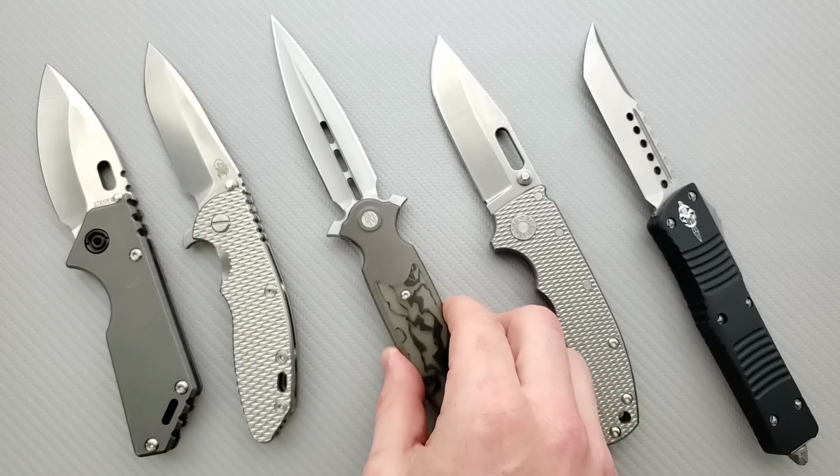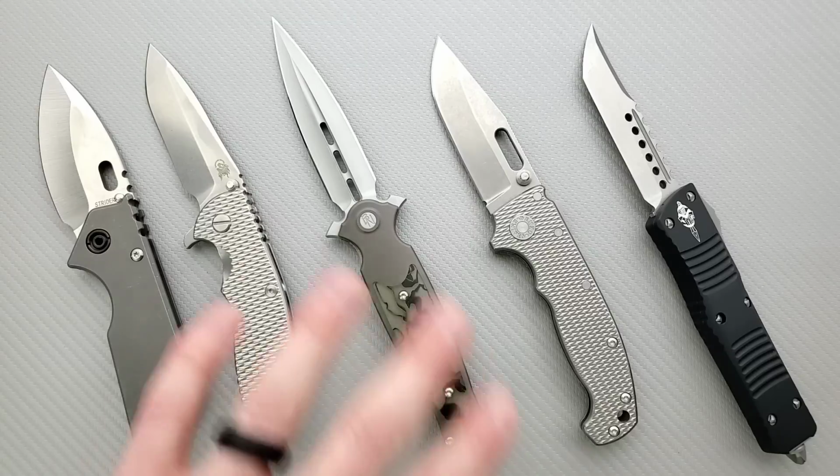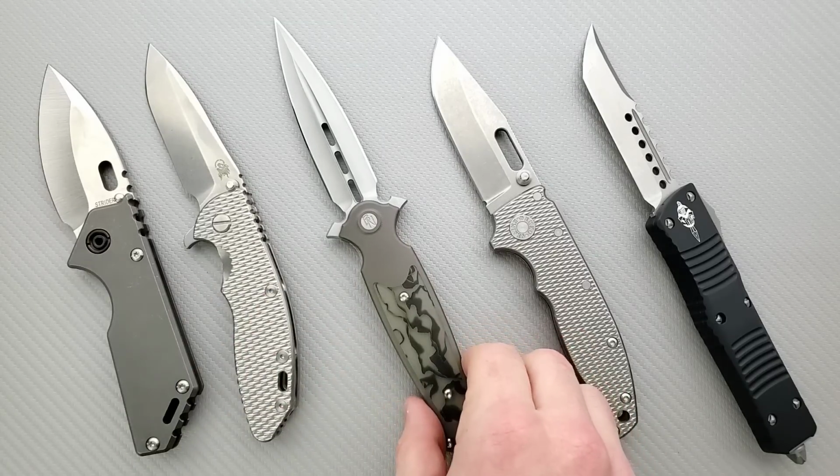The Raffir Noble, that's the inlay material on this. Not really my thing. It's cool, but it's not this exact version of the knife that I want. But I want the knife. I just want something a little bit different. That also, let me toss this in here. Something else that's making this